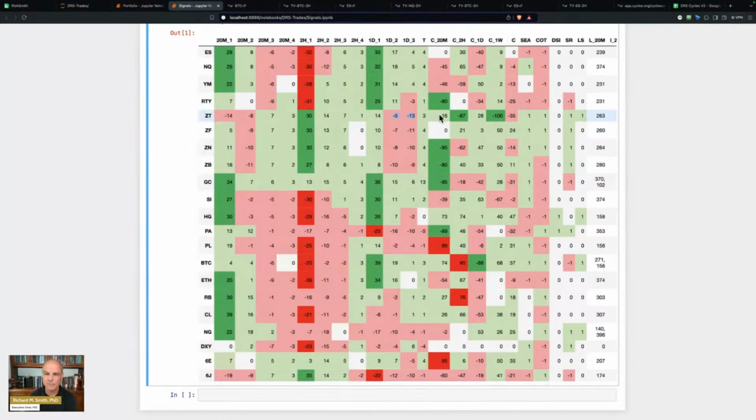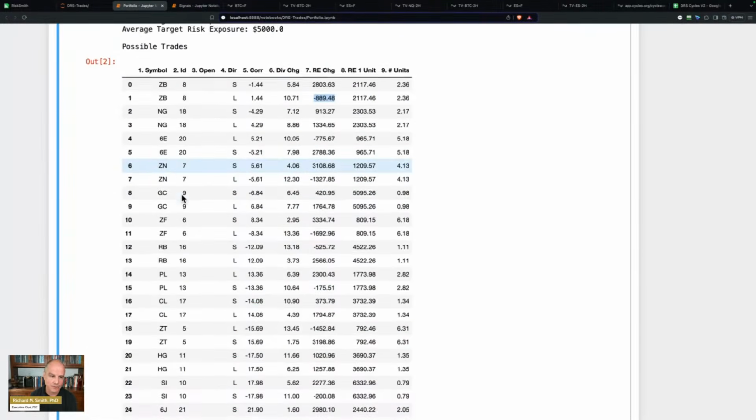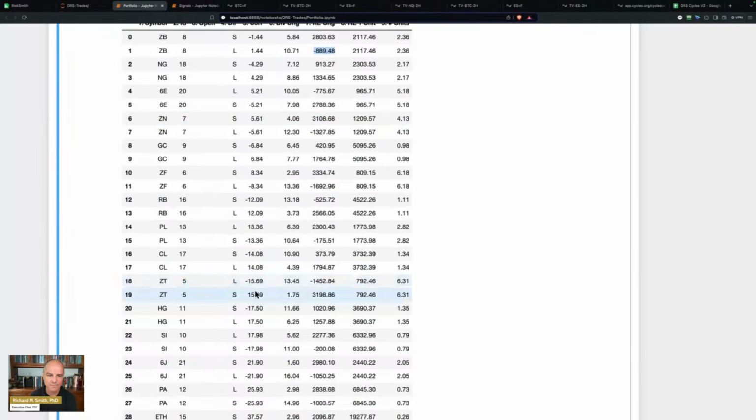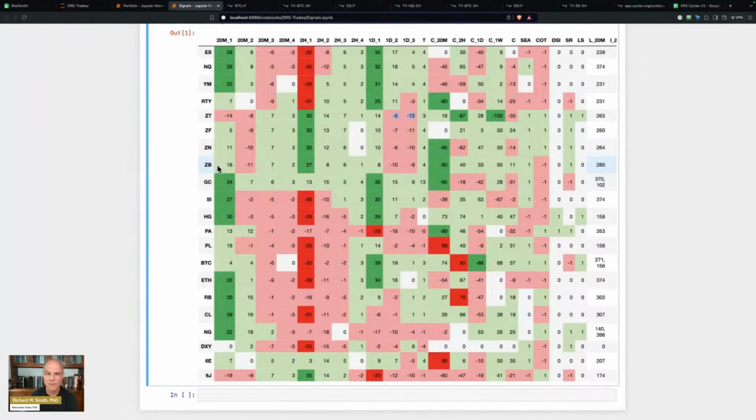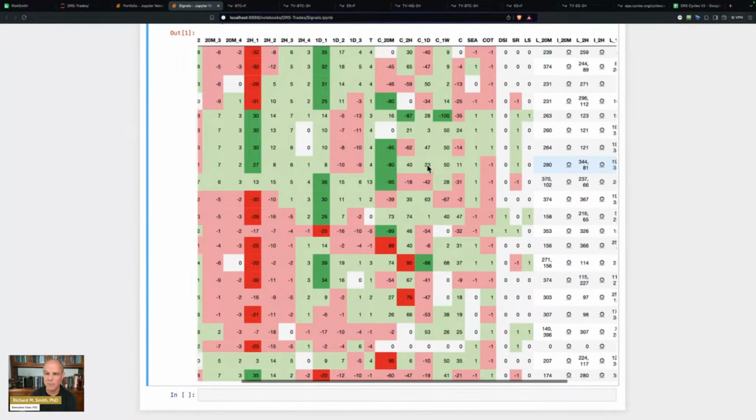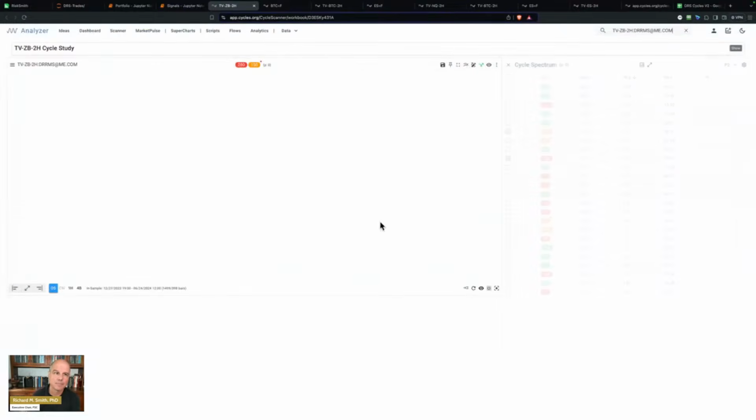Cycle-wise, got some positive trends in the 2-year. If I jump back over here, where's the 2-year? Down here, 15% correlation. That's not bad. Let's look at the 30-year. Okay, bottoming on the 20-minute, the 40, the 2-hour bullish. So bullishness on the trends in the 30-year. So let's look and see if going long bonds, treasury bonds, looks like a good bet.